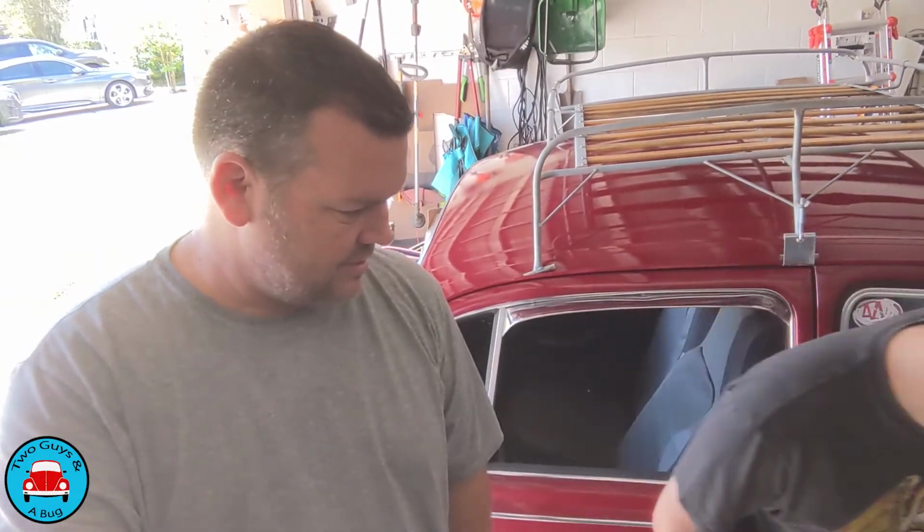Back here in the garage doing some maintenance on her today, aren't we, Chris? Yep. What are we doing? Rebuilding the rear brakes. Yep. And I believe it's this one. We're replacing the drum on this rear driver's side